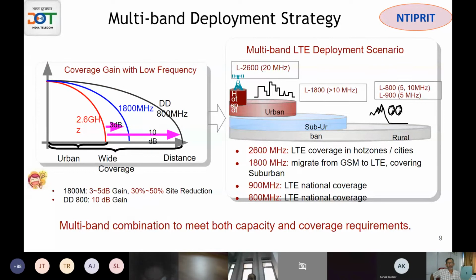And another technique to improve or to augment your systems is to use multiple bands. So now if you just see here, you have got different choices of spectrum. You have got typically a lower band spectrum, and then you have got something like a mid-band spectrum. Now, of course, in the 5G scenario, we call it the low band, meaning less than 1 GHz. Then 1 to 6 is known as mid-band, and beyond 6 is known as the high band. So you use these three different bands for different purposes. The lower band is the most precious spectrum.